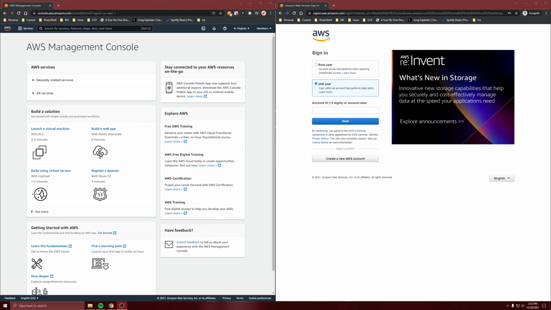For this video, I'm continuing off of the IAM users and groups video, which is the first video in this playlist, and I'm going to show how the policies work hands-on between the users. So on the left is my root user, and I'm going to sign into the IAM user on the right